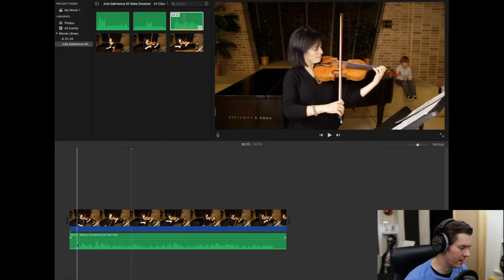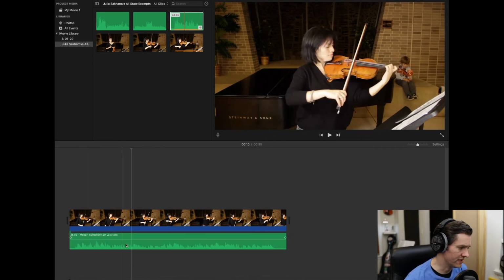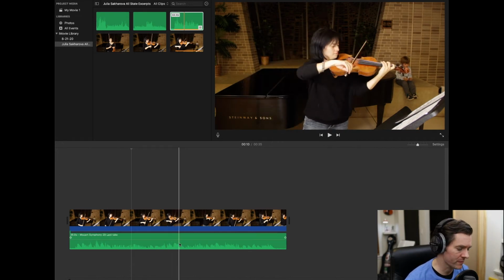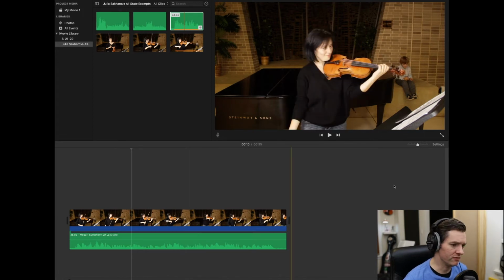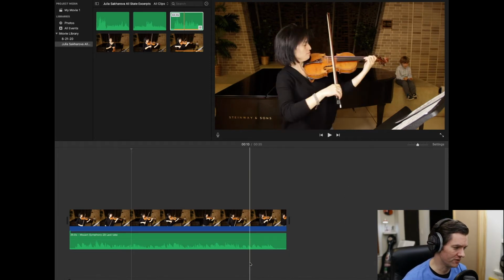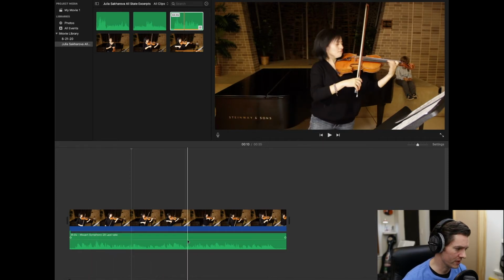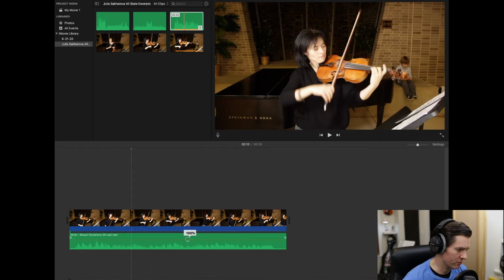Notice here, I don't have any peaks. I don't see any yellow down here in the audio timeline. What that means is that it's probably going to be kind of quiet. iMovie doesn't give you any super fancy way to know exactly what the audio is doing except for this waveform. So what you want to do is move this up just a little bit, as long as it's not crackling there. Well, that's almost 200%. Let's go at, say,